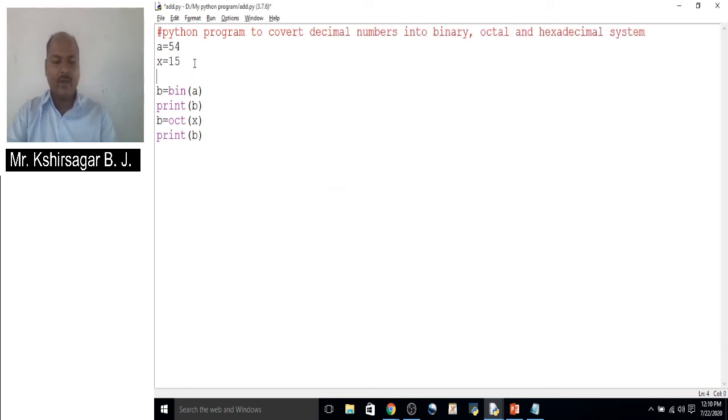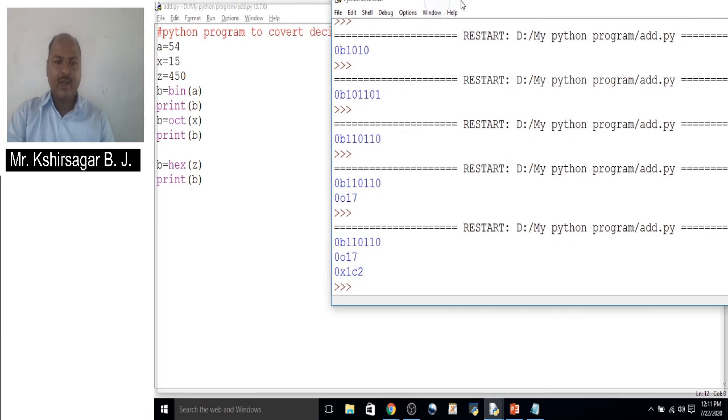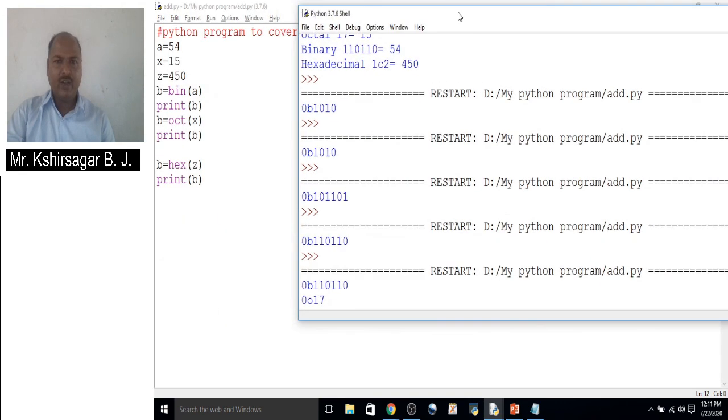Similarly, with another variable z, b equal to hex of z. We want to convert that into hexadecimal, so hex is used. Look here, we get the output 1c2.